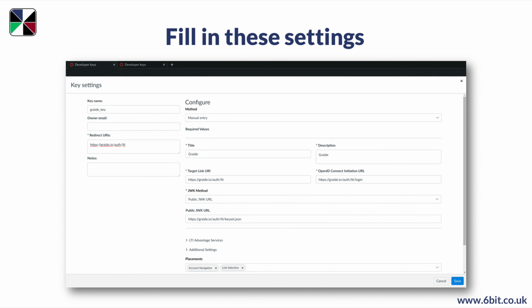Next, we're going to fill in the settings. The name should be Graide_key. The redirect URL should be graide.io/auth/LTI. The method should be manual entry. The title and description should be Graide. The market link URI should be graide.io/auth/LTI. The OpenID connection initiation URL should be